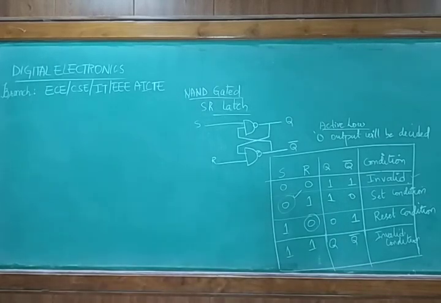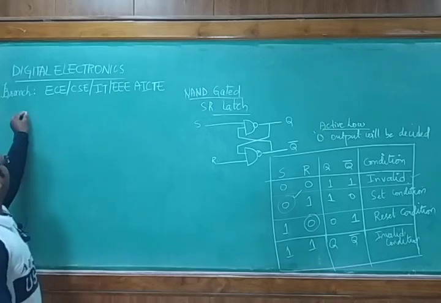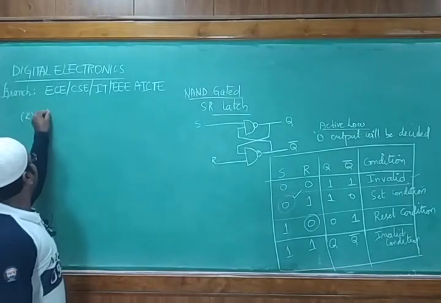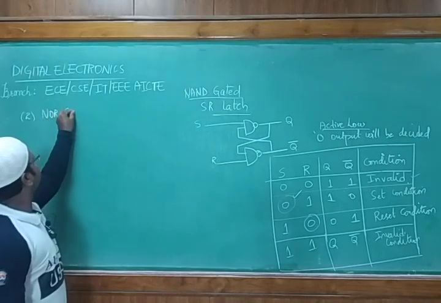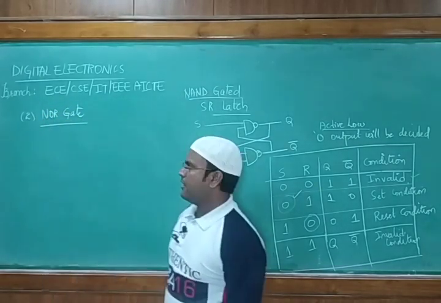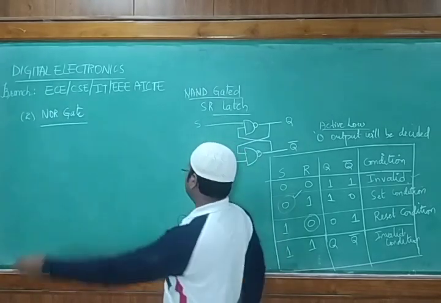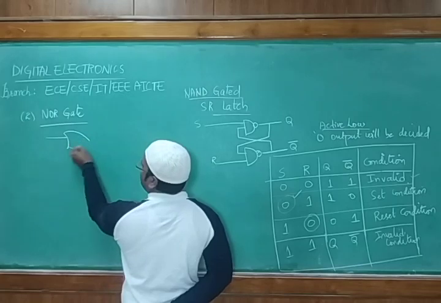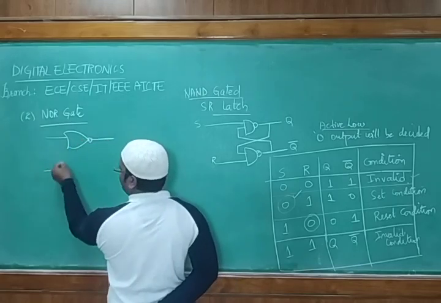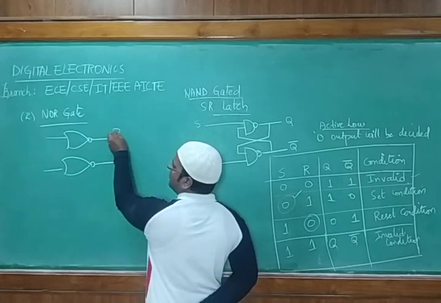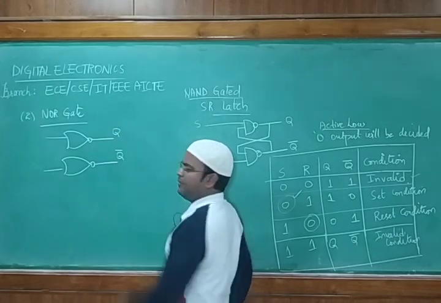So students, the next approach is for active high. We are going for the second approach of SR latch designing by using NOR gates. Now see the NOR gate combination, the circuitry design of that. I am connecting one NOR gate like this, then I am taking one more NOR gate like this. The output of the first would be Q, and the complement of that would be Q bar.